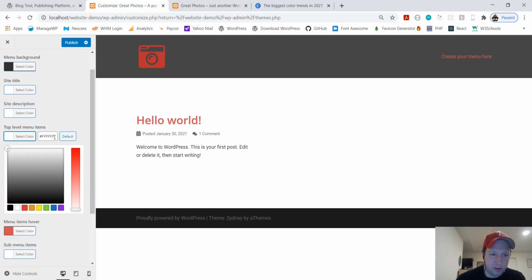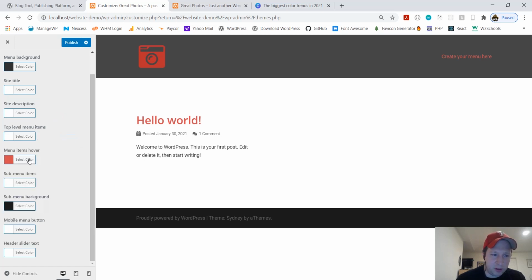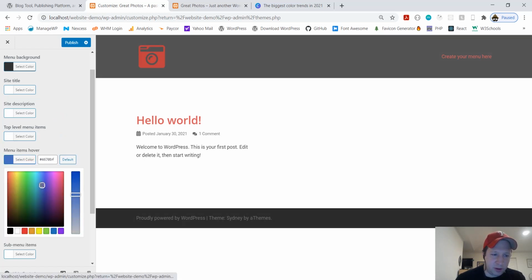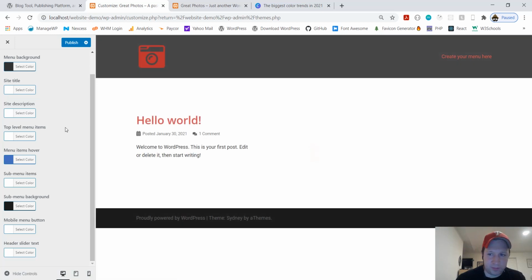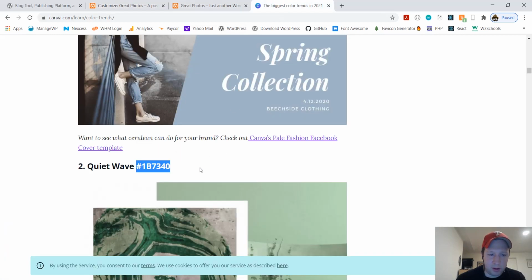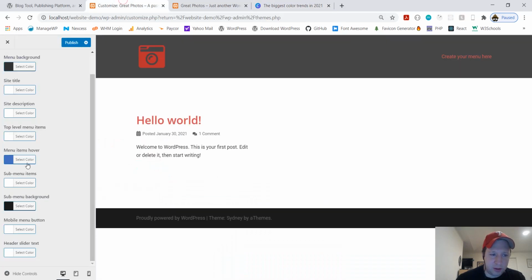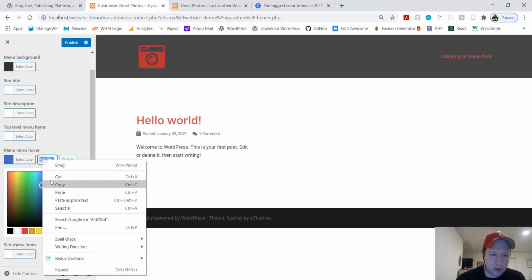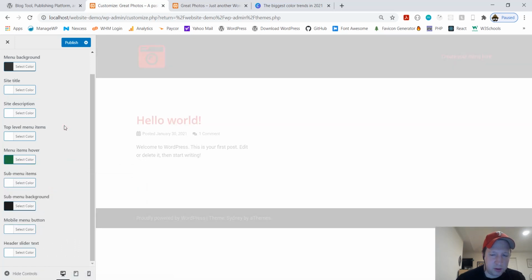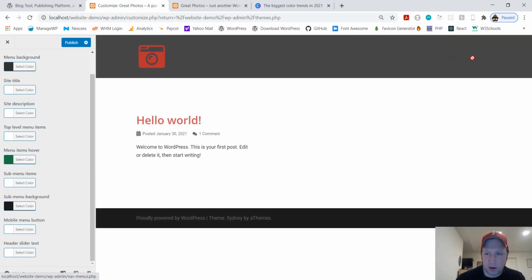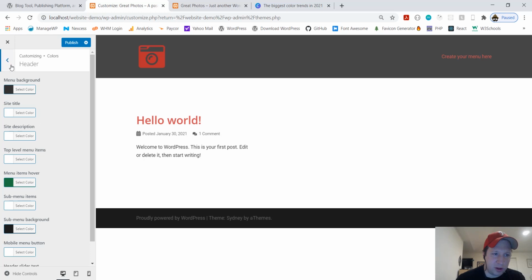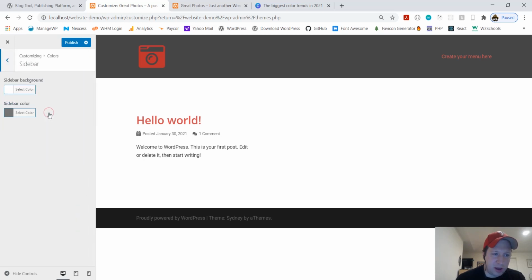Items hover, top level item menus. I'm gonna keep white. Hover, I don't know, I'll give it a blue. Doesn't matter. You know what? So right, so you here, copy and paste. Gives me a green there. Now, of course, we haven't created a menu yet, but we're going to. These are submenus. You could play around with those colors. We're not going to have any of that, and you probably shouldn't either. We're not going to have sidebars, so don't worry about that.